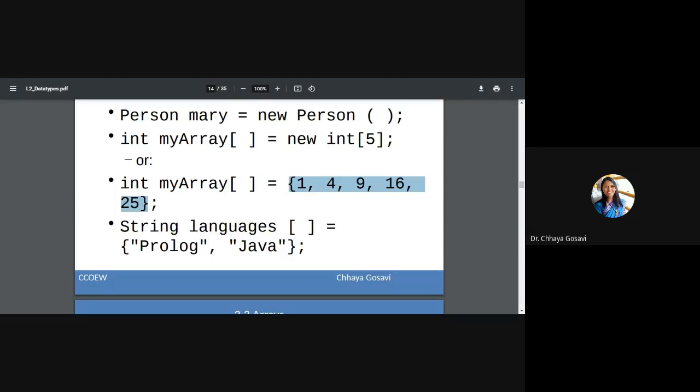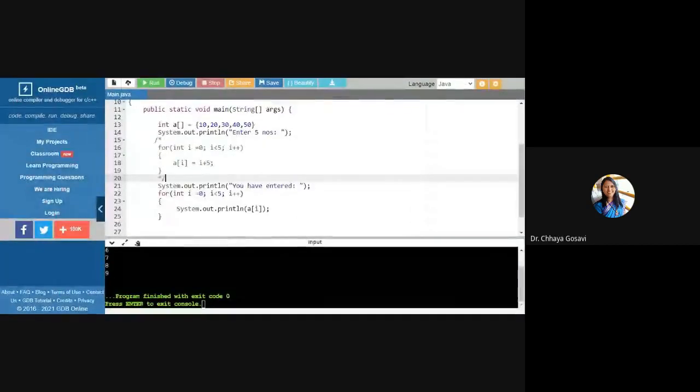So note that comments are also similar to C. I can use multi-line comments or single line comments, like C and C++. So this part is commented. Screen is not visible. So you can declare the array like this. Again, forgot semicolon. So here I can use single line comment or multi-line comment.